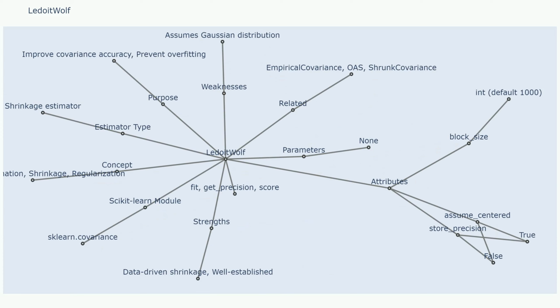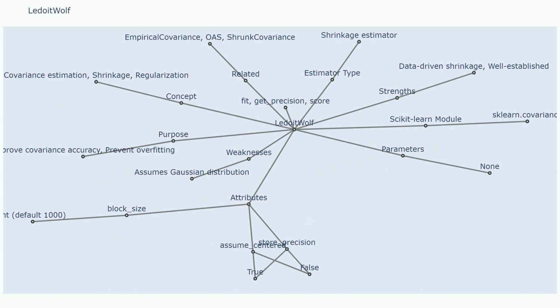However, it is important to note that it can be computationally expensive to estimate the shrinkage parameter, especially for large datasets. In scikit-learn, the LedoitWolf estimator is implemented in the LedoitWolf function of the covariance module. This function takes as input a data matrix and returns a covariance matrix that has been shrunk towards the identity matrix. The LedoitWolf function has several parameters, including assume_centered. If true,